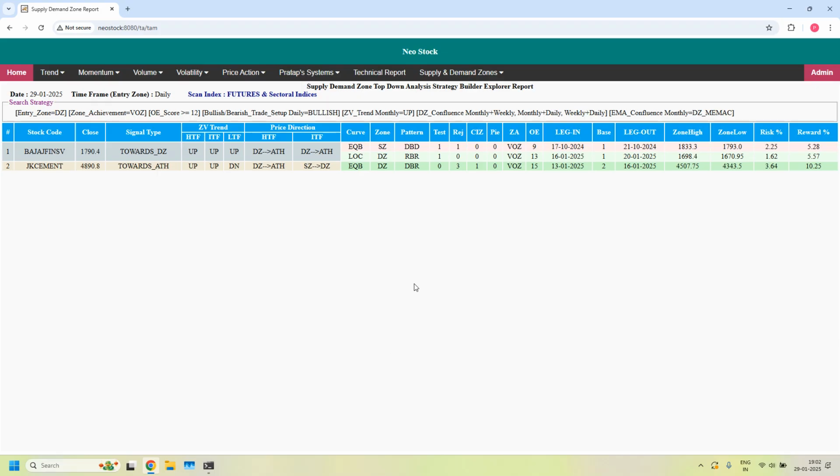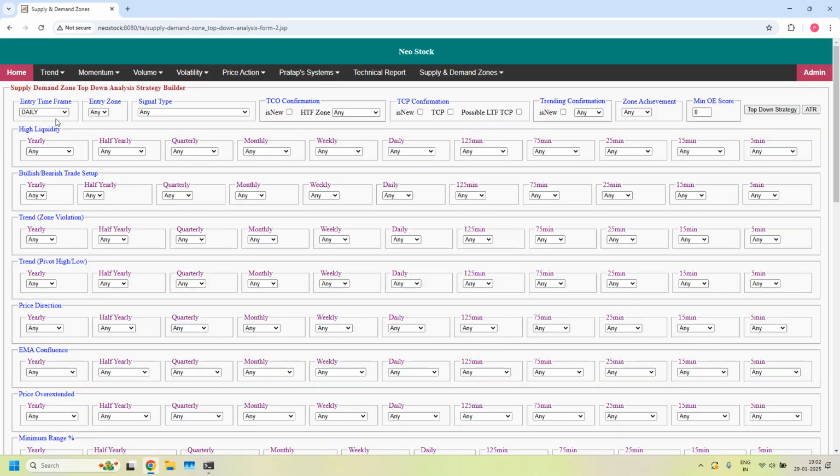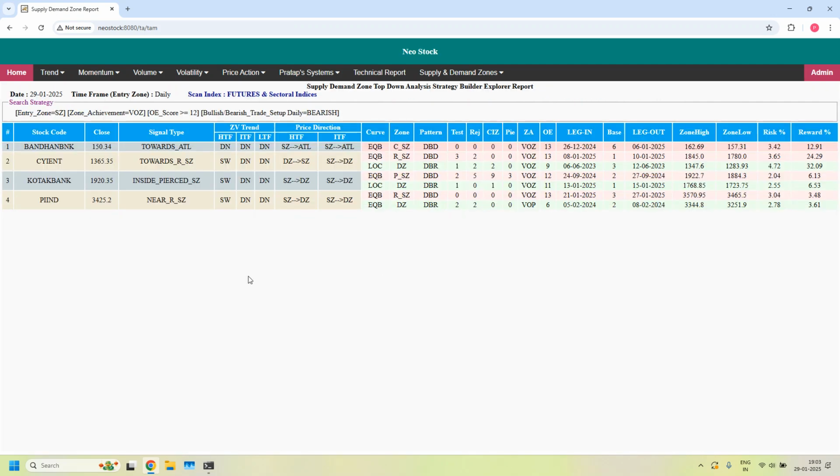Next, bearish trade setup for monthly income trade. Entry time frame daily, entry zone supply zone. In bullish or bearish trade setup at entry time frame daily, I am selecting bearish, and the zone achievement should be violated opposing zone, and minimum odd enhancer score should be 12. Both filters are applied to daily supply zone. Let's filter the stocks. We got 4 stocks currently supporting bearish trade setup for